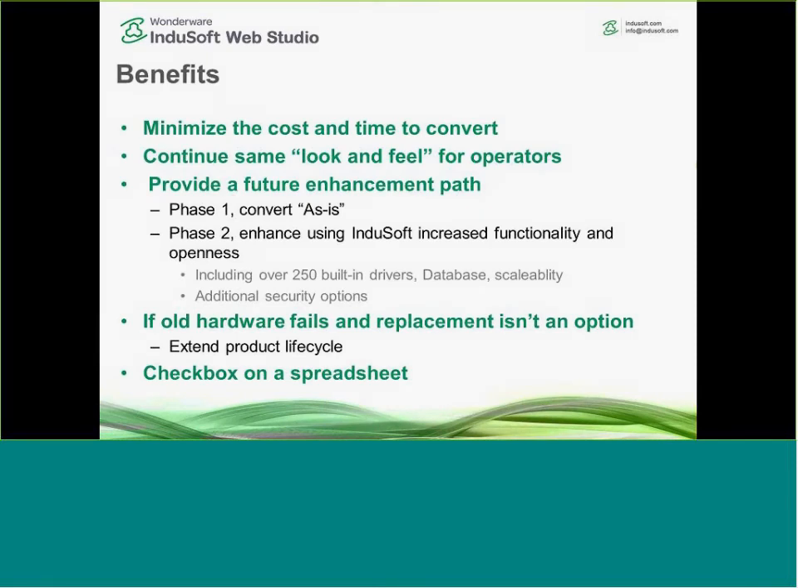And as you can imagine, the first bullet here is really what everybody thinks of: minimize the cost and the time to convert from one product to another. And some of the other added benefits are to continue the same look and feel for operators. That's often very important if the operators are